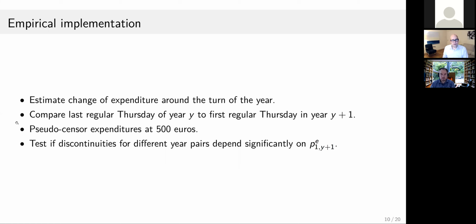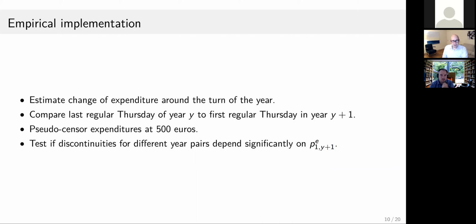We do not use care consumption on weekends, because this is mostly emergency care. We also see a clear pattern in the data. And then, in order to not have too much noise in the data, we pseudo-censor expenditures at 500 euros. So that means we code everything above 500 as 500, but we use different limits. We also do logs. It doesn't really matter for the results, but we thought this was a little bit cleaner, also because when somebody has healthcare expenditures of 15,000 euros, deduct. Yeah. Anyway,